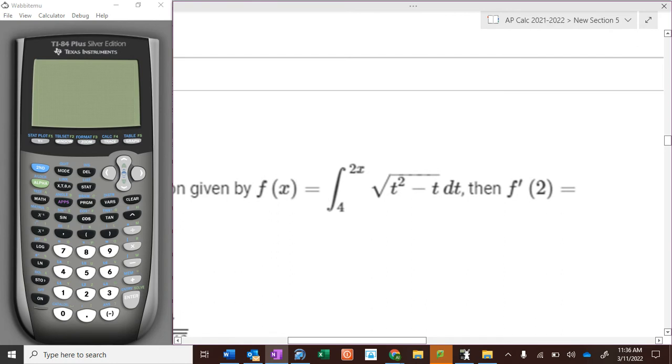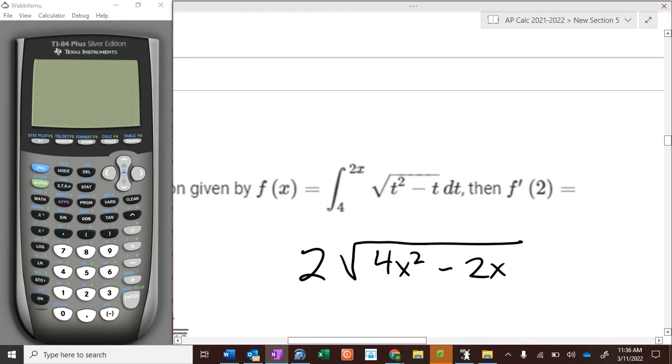Plug it in and then subtract them. Okay, so if we plug it in, it's 4x squared minus 2x. And then you plug in 2. But before you do that, you need a 2 on the outside. Why? Because you took